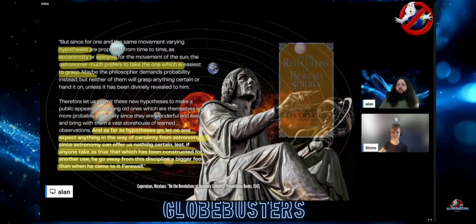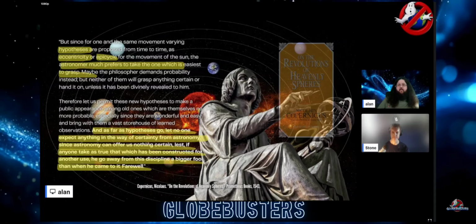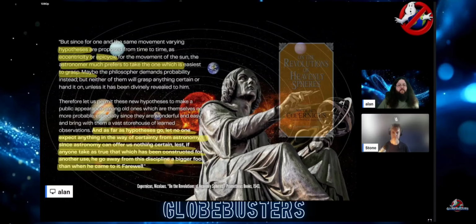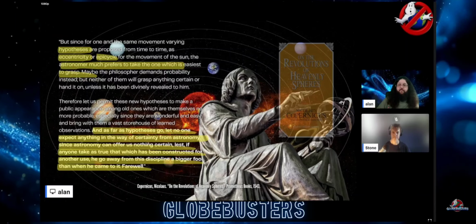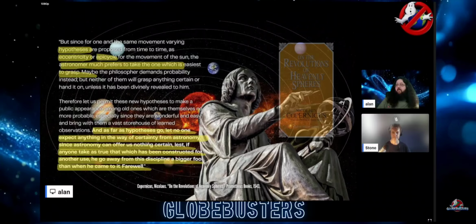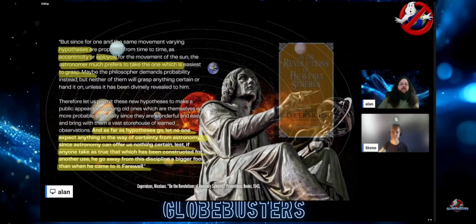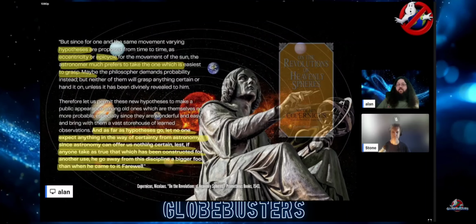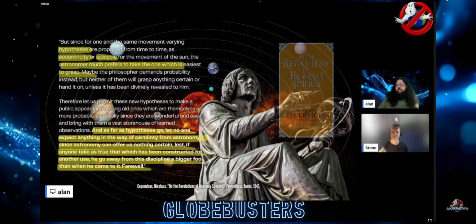So we're going to outline all of that now, because all of modern cosmology, our way of interpreting everything, is based on this cosmological model that's been given to us, and the usefulness of this coordinate system called the graticule, which is latitude and longitude, and which represents the positions of where stars once were at a specific time. Based on the position of the stars that we see, they've constructed an entire worldview, where they say they know where these stars are in exact 3D space, and they've constructed units of measurement to describe a coordinate system within that, where they can describe light, thousands of light years, and what that looks like in terms of a scale for them.